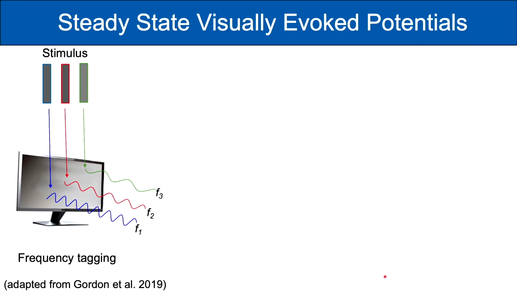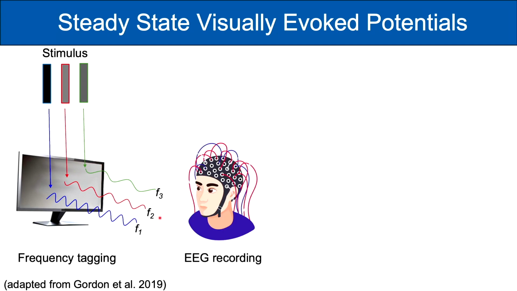Here, we use frequency tagging to investigate suppression versus integration using flickering stimuli at different frequencies. When we excite the retina at specific frequencies, the brain generates electrical activity at the same or multiples of those frequencies. By tracking the brain's response at each item's frequency, as shown here, F1, F2, and F3, we investigated the underlying neural signatures of each individual item and participants' subjective experience.